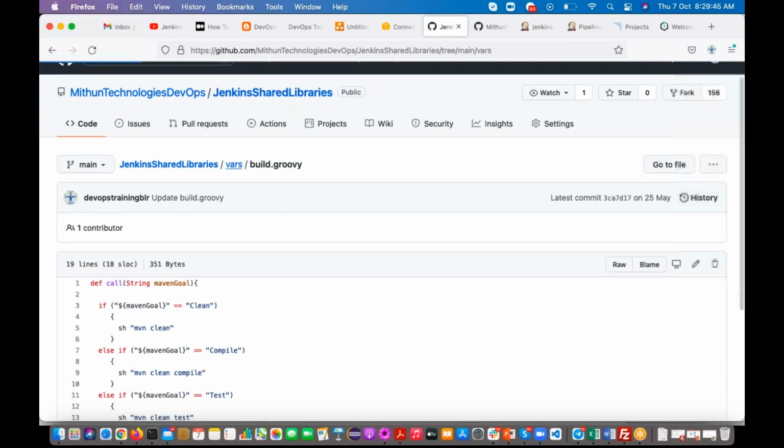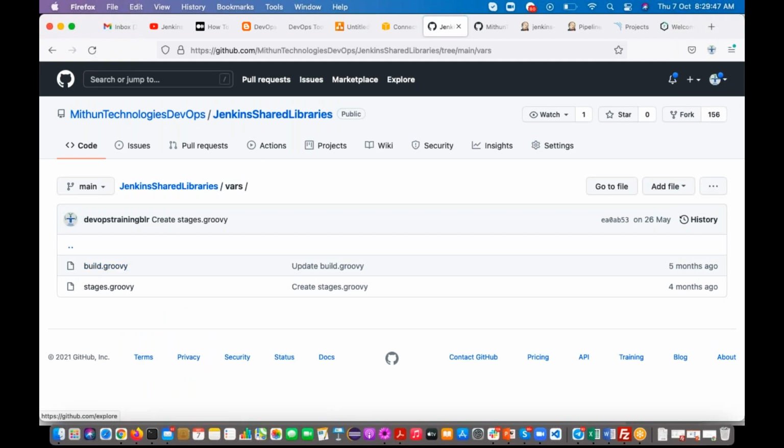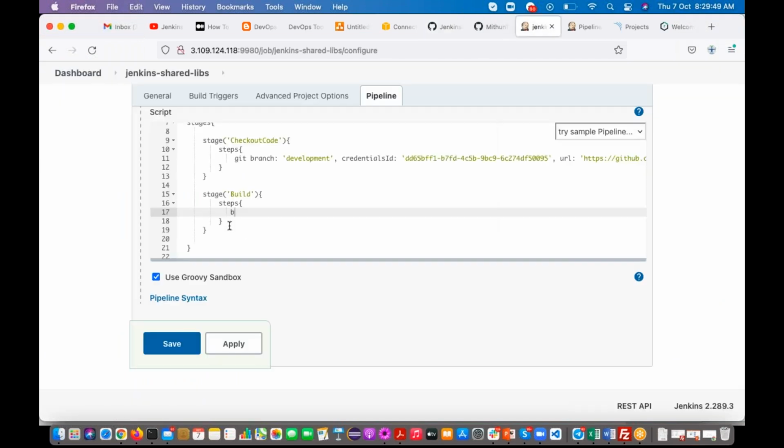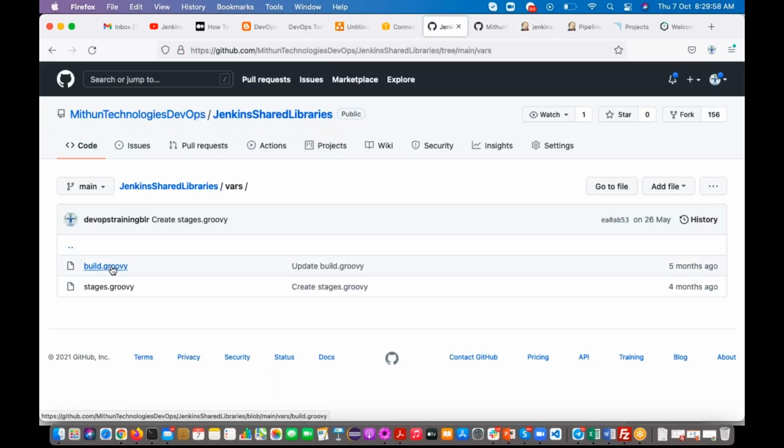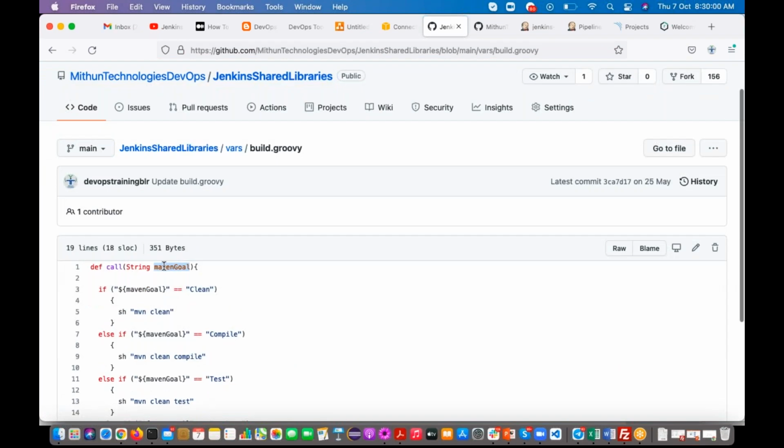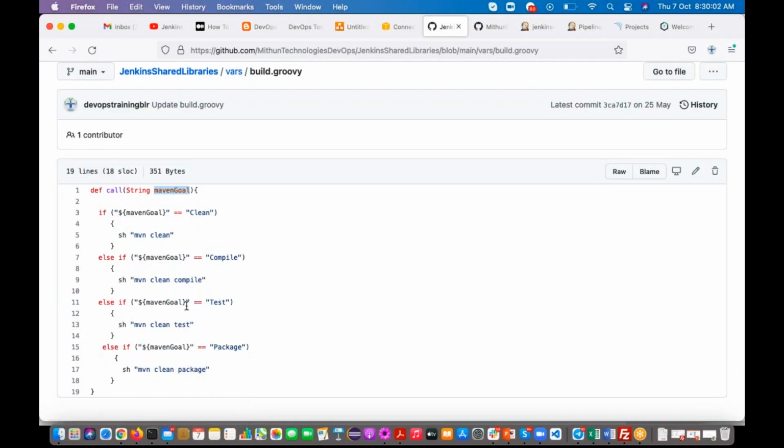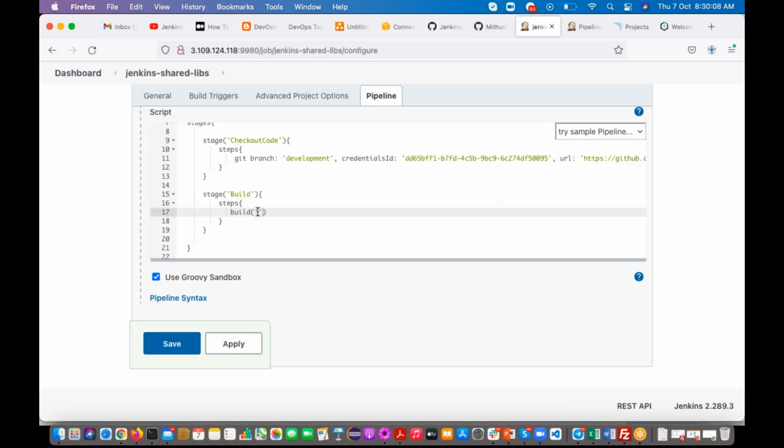So if you want to refer this code snippet, we are going to use it like this: build, curly bracket, and parenthesis open. So here we are going to pass that value. Here it is expecting one parameter. Suppose if I pass that package, okay. So here if I pass that package,